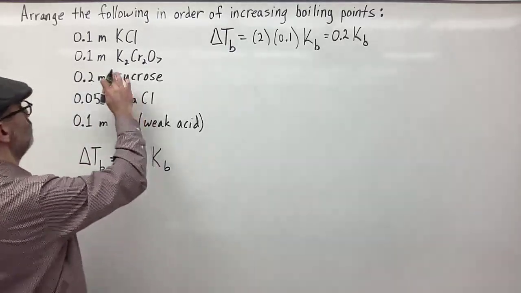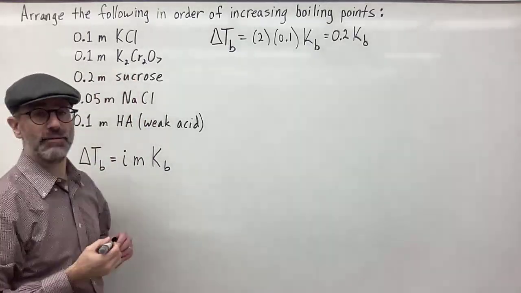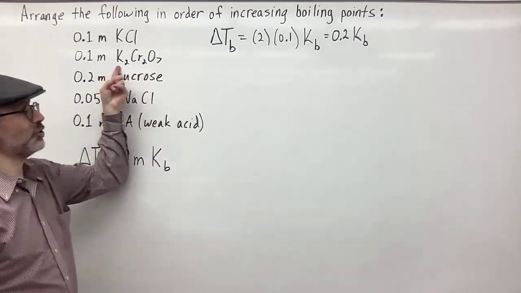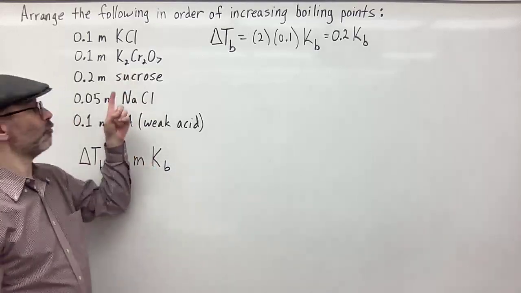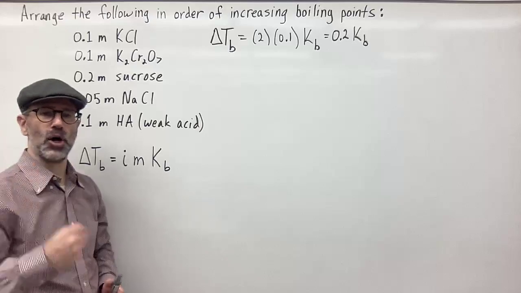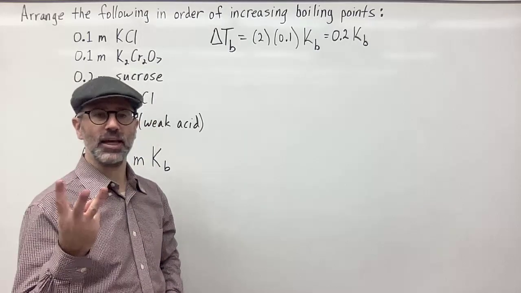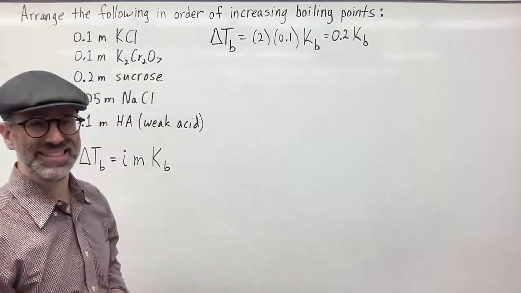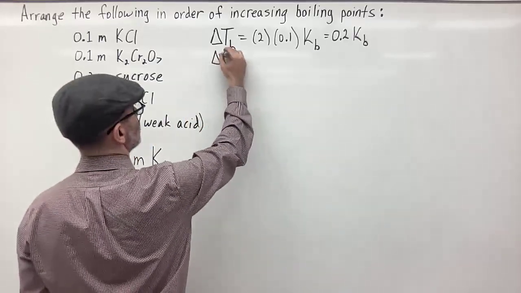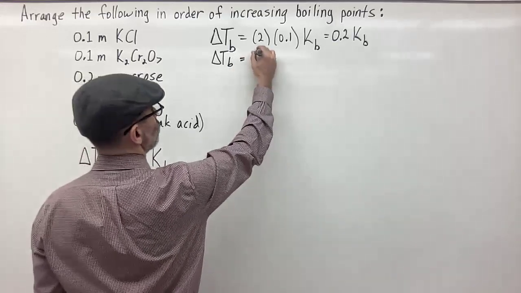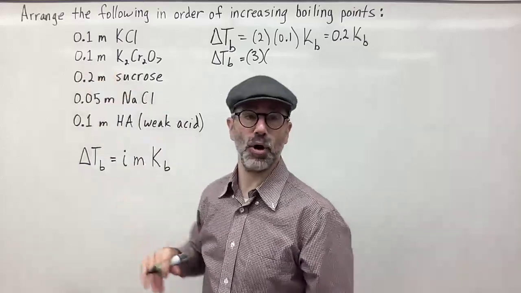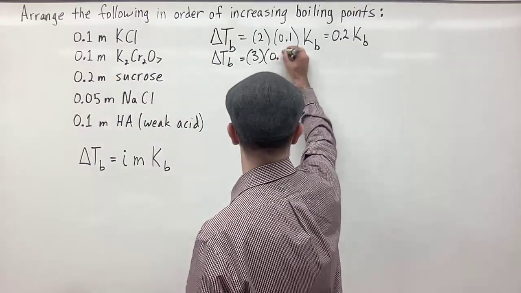Okay, next I can do the exact same thing. Here I have K2Cr2O7. I have the dichromate ion, that's 1 particle, and I have 2 potassium ions. So for every 1 formula unit that I dissolve in the water, I'm going to get 3 particles this time. So my Van 't Hoff factor is 3. So for this substance, delta T b is equal to 3 times, again, the molality is 0.1, so I put 0.1